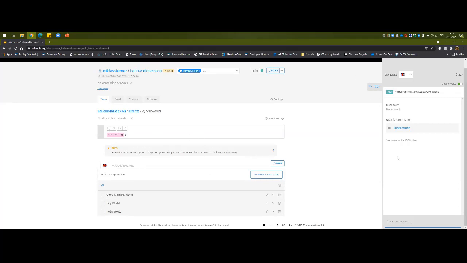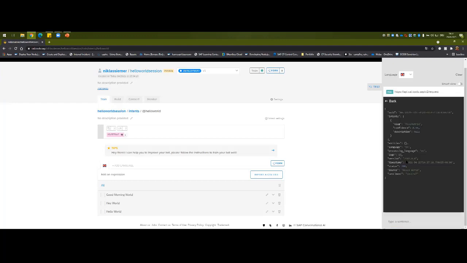So this is just for testing the intent clarification. And I can get a more detailed view too. So then I click on see more JSON details, and then I would see, okay, intent hello world. The bot is confident about 99%. I think more is not possible than the language. And if there would be entities in the message, they would be listed here.